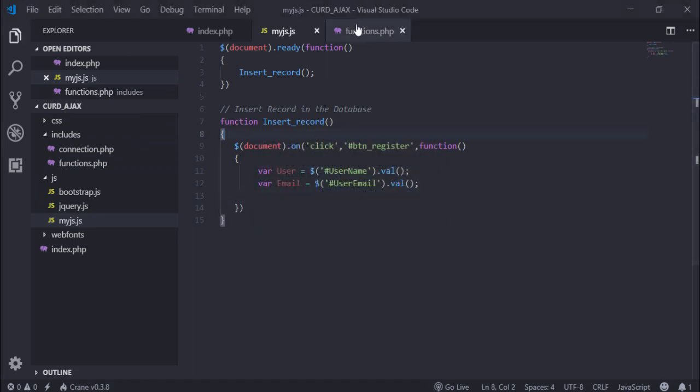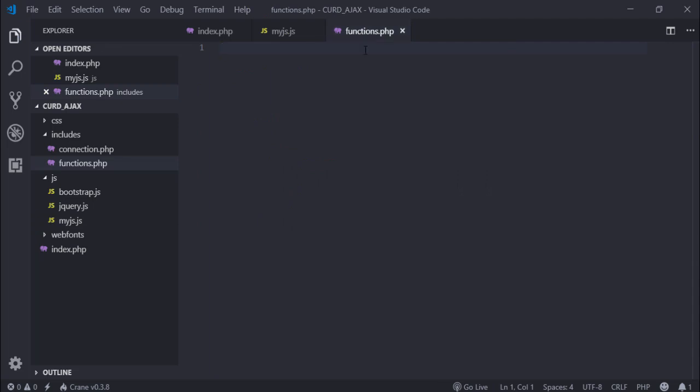Inside this file I will create a function to perform the different tasks like insert, update, delete and many other things. So guys, in the next video I'm going to teach you how you can store the record